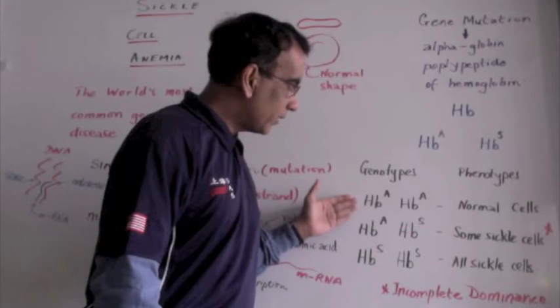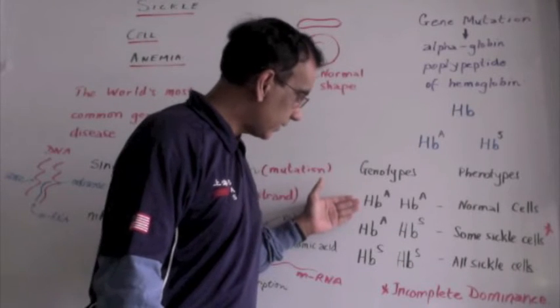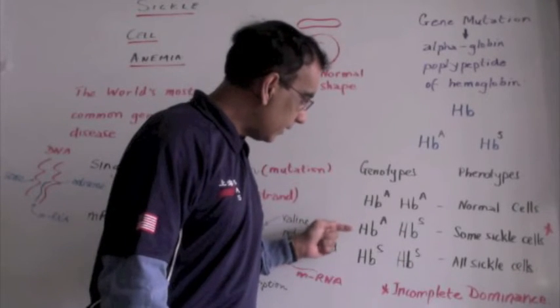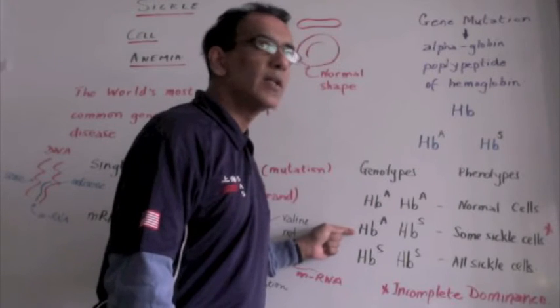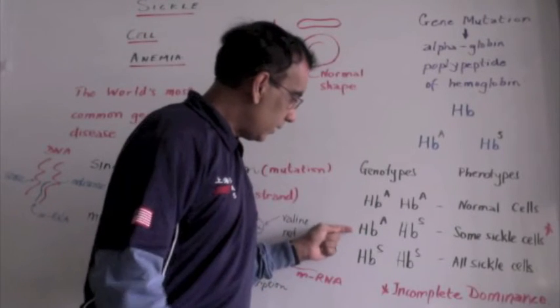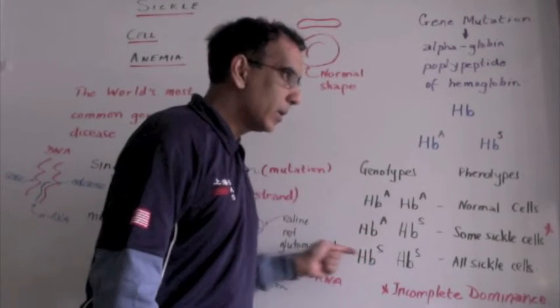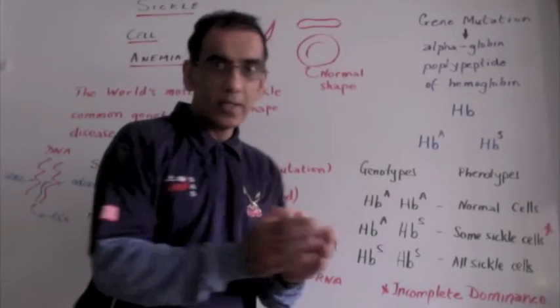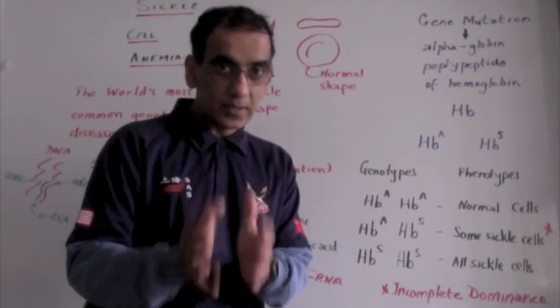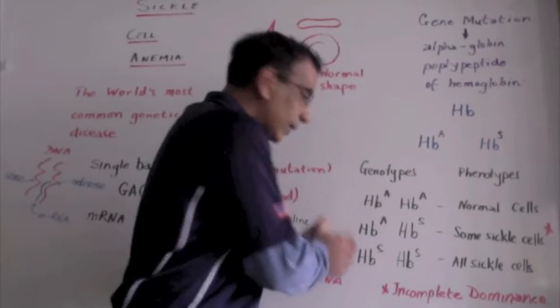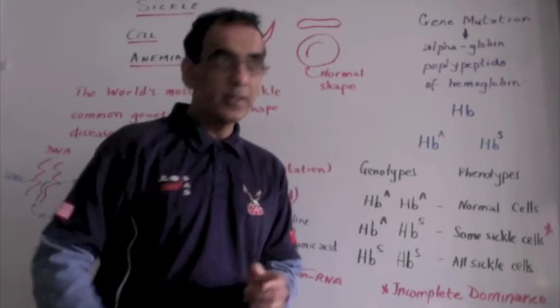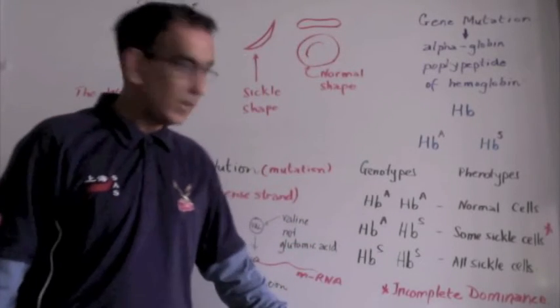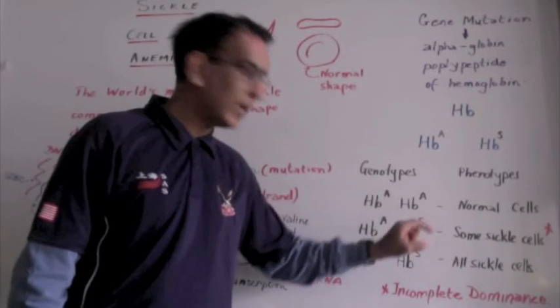The genotype that gives regular blood cells, like this. And then a very unique genotype, the heterozygote. Individuals that carry one allele for sickle cell and one allele for normal blood cells, they are described as having sickle cell trait,